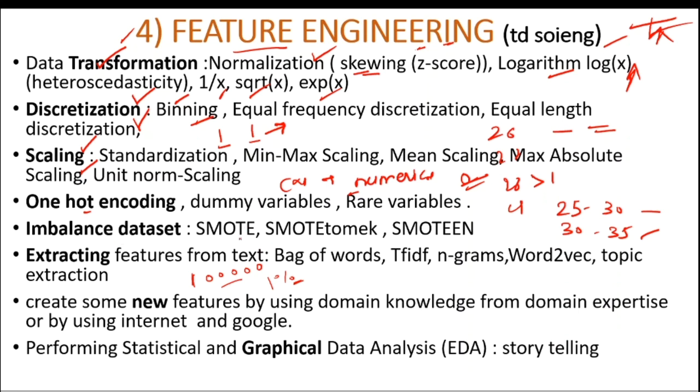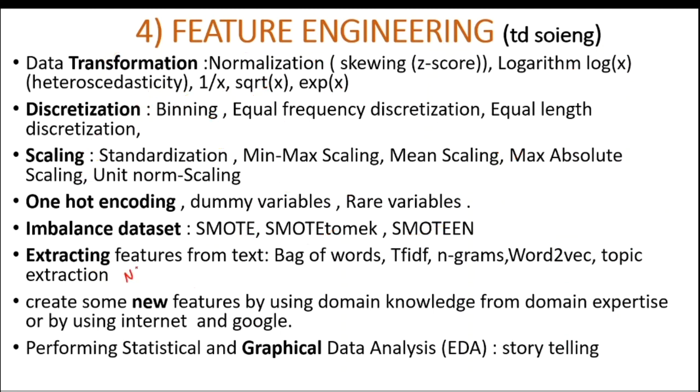So there are many algorithms like SMOTE, SMOTE-Tomek, SMOTE-ENN. SMOTE is Synthetic Minority Oversampling Technique. We are using SMOTE plus Tomek links, and SMOTE plus nearest neighbor. These are the techniques for oversampling or undersampling. Basically, we are oversampling the minority class, or it could be done another way. Undersampling means we will undersample the majority cases.